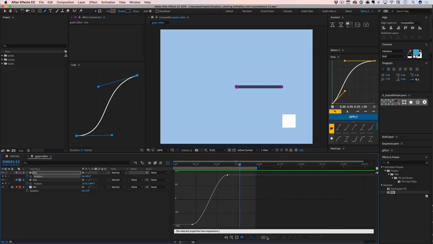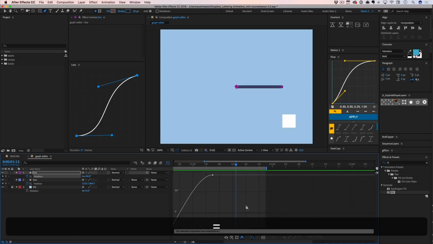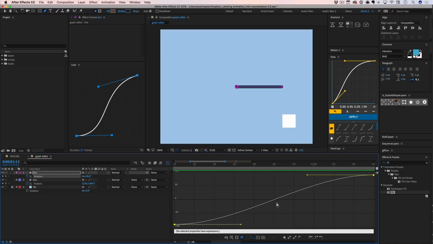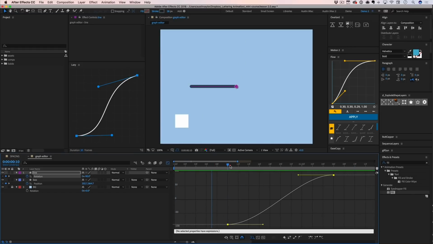One thing that's nice about the graph editor, let's say you've zoomed way in or something, and you have this property selected. You can hit, let's see, what is it called? Fit all graphs to view. Boom. Now you get to see them all up here, nice, big, and pretty. Let's see, what are we going to talk about? This represents the value of the property at any given point in time. So right now the value of this property is -90. You can see this just higher than -100 because the value of the rotation is -90 right here. And as we go forward, you see the value going up until we get all the way up to 90